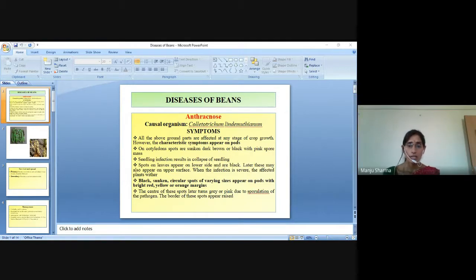Now, diseases of beans. The first disease is the anthracnose disease. The causal organism is Colletotrichum lindemuthianum. The symptoms are